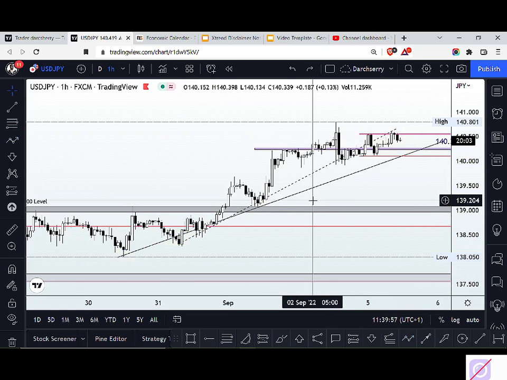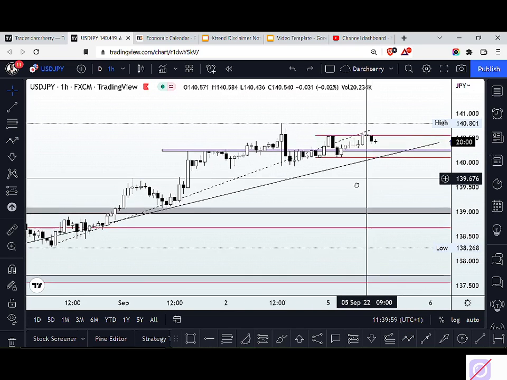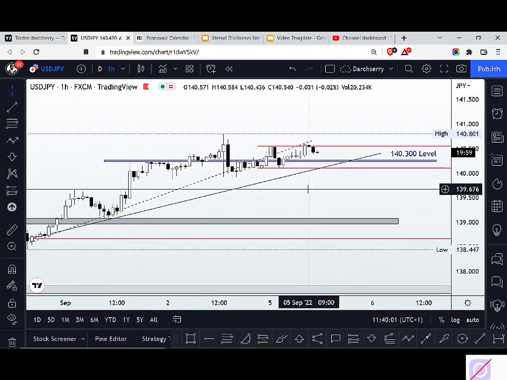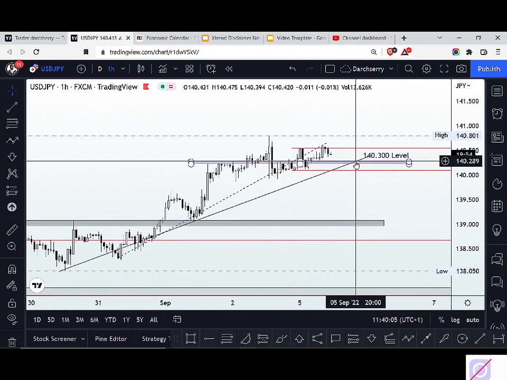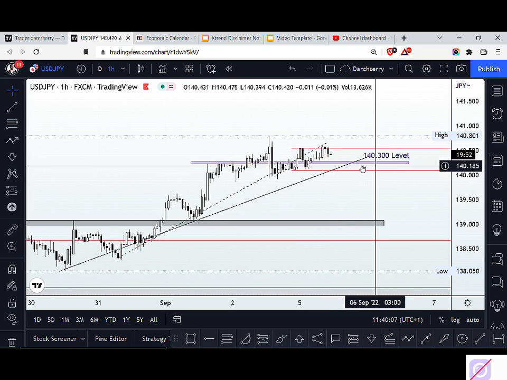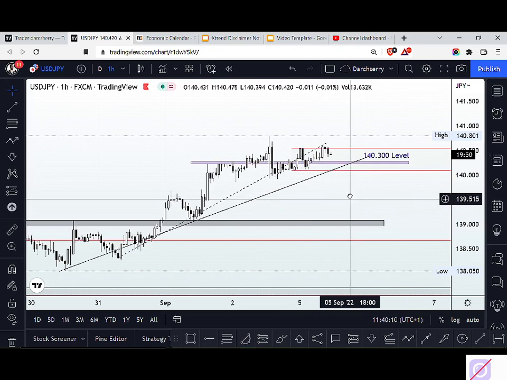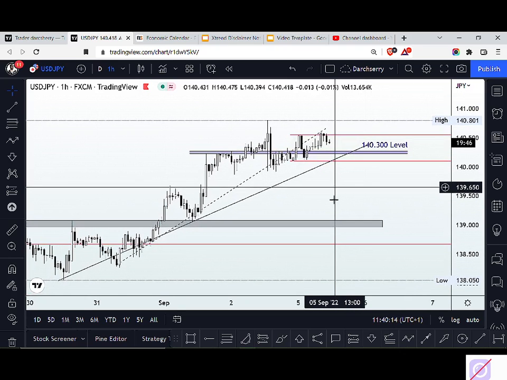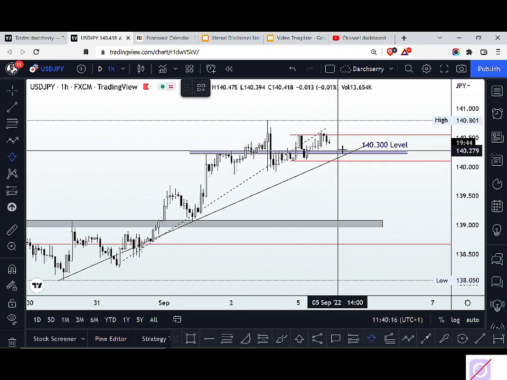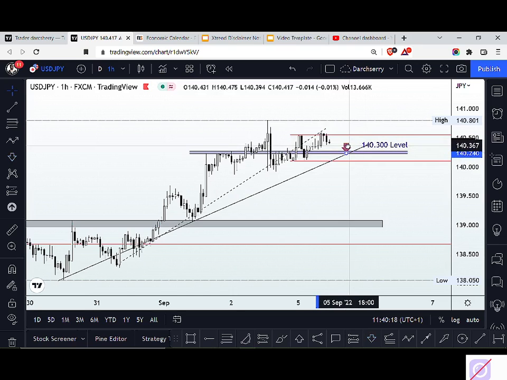So to make our job easier for this week, I was able to identify a parameter to guide our action, and that is around the 140.300 level. What this level is going to be doing is to guide our action. So if we see a breakdown retest of this level, that is, price breaks down this level,